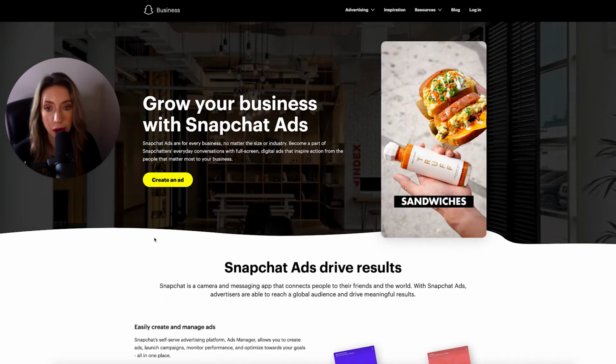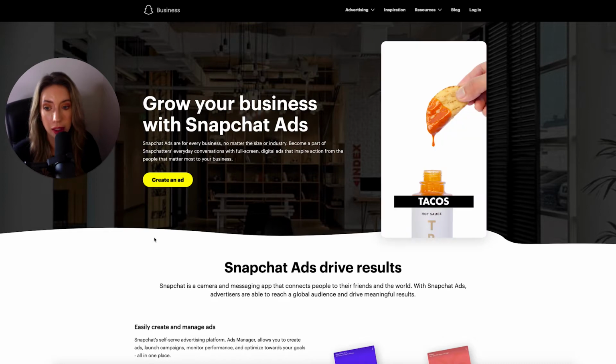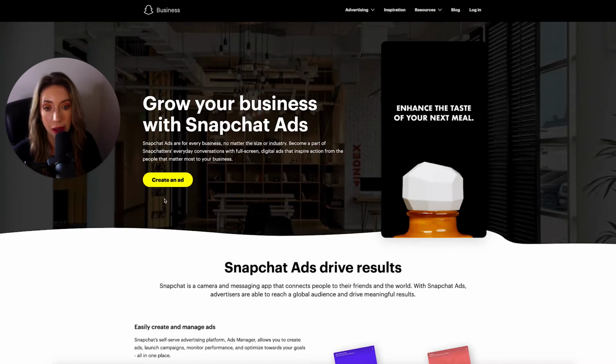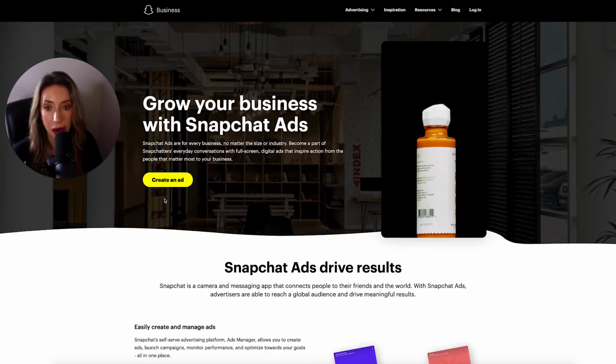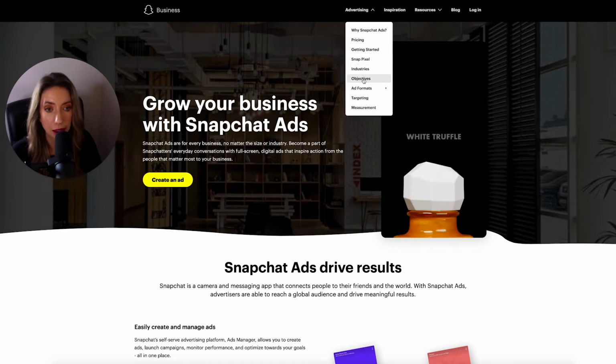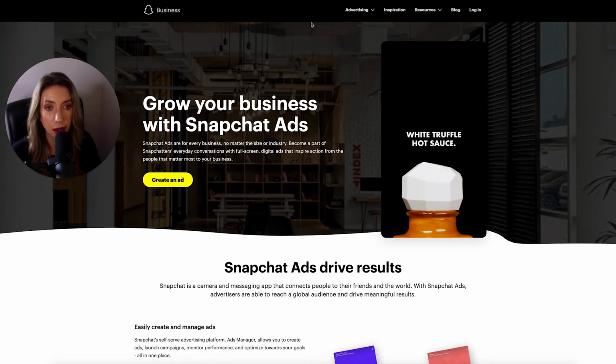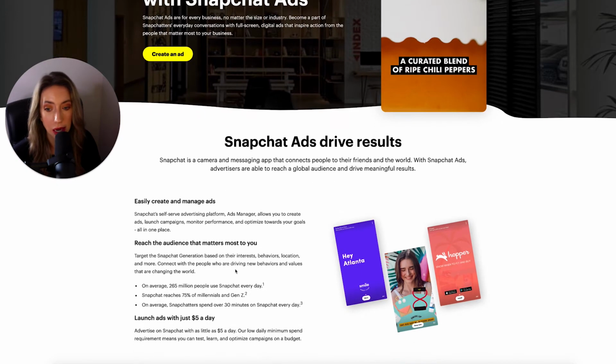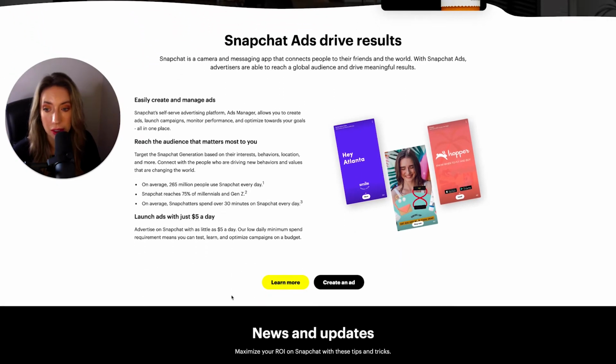So here is where your business will go, and here is where you can click Create Ad, and it will lead you to fill out all your business information and bring you to the back end of the Snapchat Ads Manager. In here, you can also look into all the wonderful resources that Snapchat has regarding the platform and get tons more information. But just to briefly touch on the platform itself, these are some of the main points